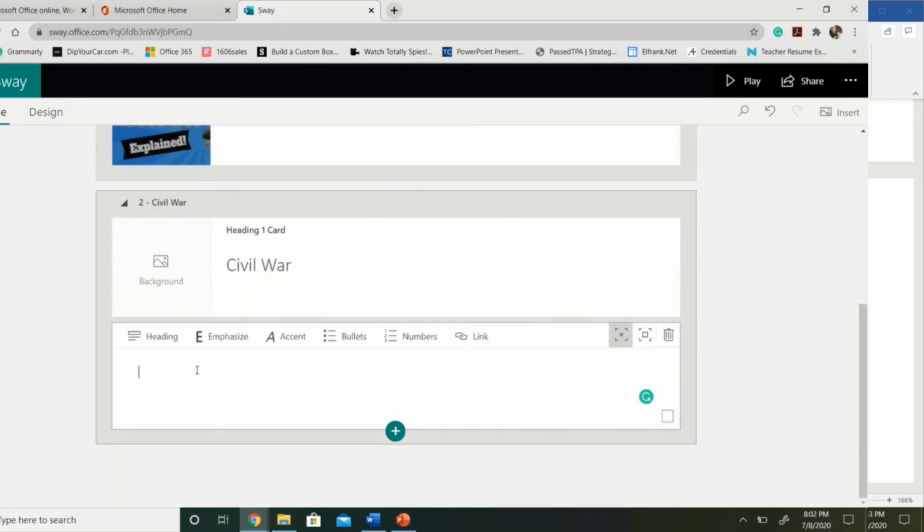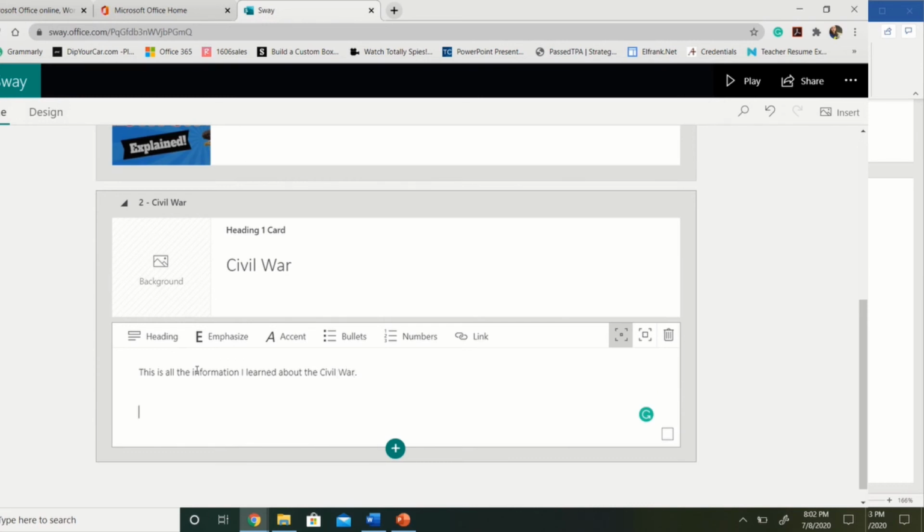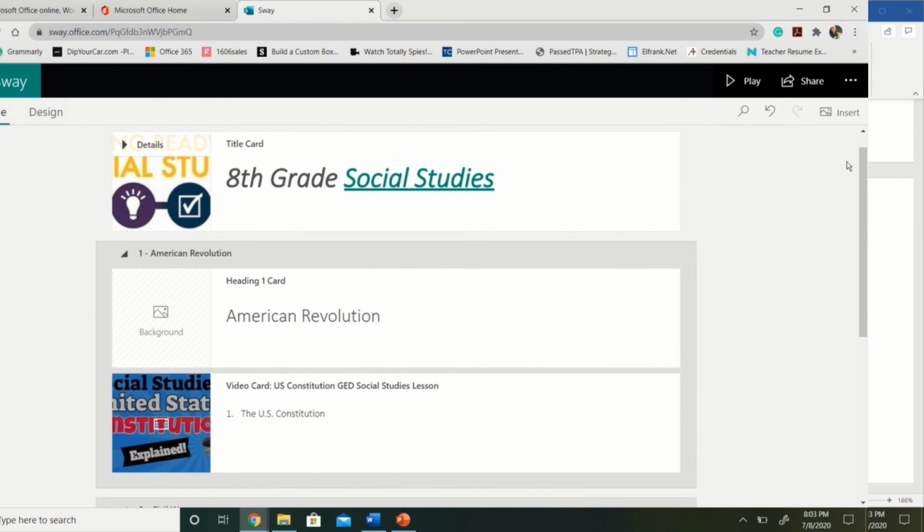Okay, this is all the information I learned about the Civil War. And then I could add bulleted information below, or I can even turn this into a heading. So that's also an option for this card that isn't in other cards as well. Okay, so now that I've illustrated how to add cards, backgrounds, and some of the features of cards,